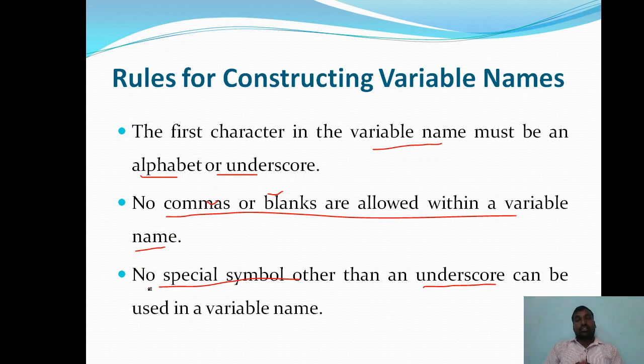Okay, you can write the length of the variable name up to 31 characters, but among the 31 characters you can use any number of alphabets A to Z, any number of underscore symbols, and any number of digits, 0 to 9. But the thing is, the first letter must be either an underscore or an alphabet A to Z, so it should not be a digit. And after the first letter, the remaining characters up to 31, so 31 minus 1 means 30, the remaining 30 characters you can write any combination of these alphabets, underscore and digits.